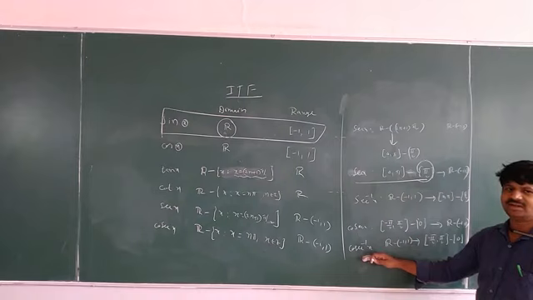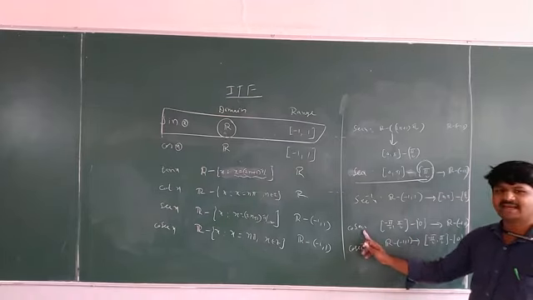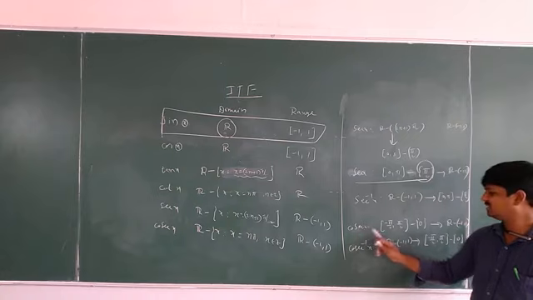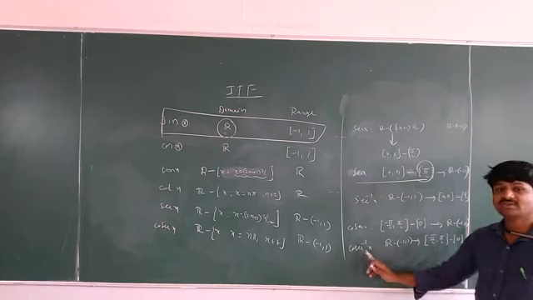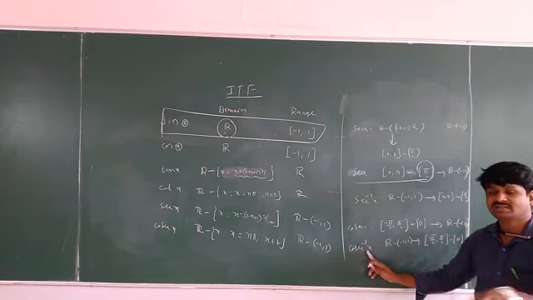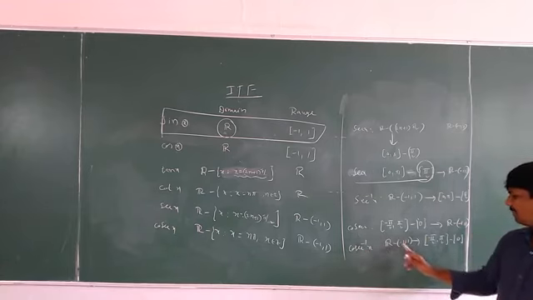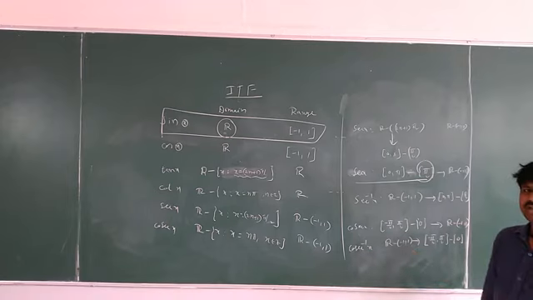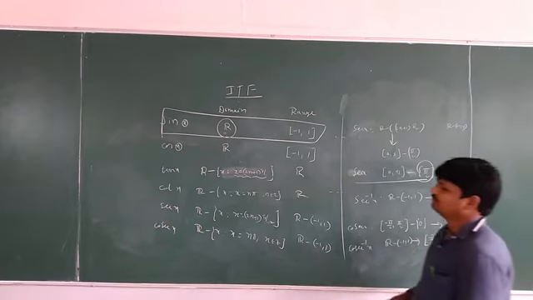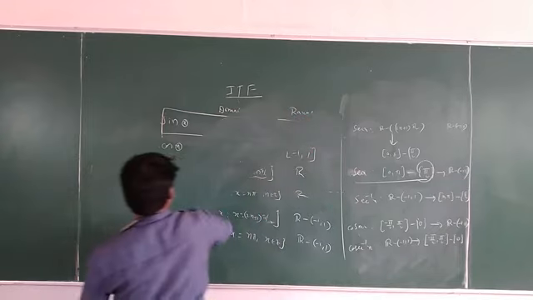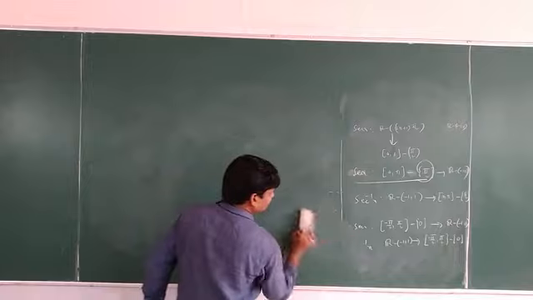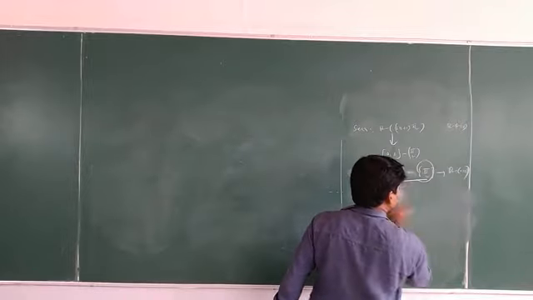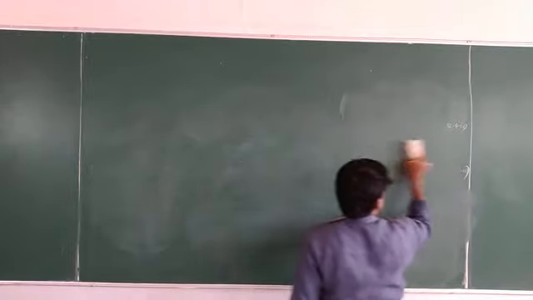Cosecant inverse x, we define it as the inverse of cosecant. So what is the domain of cosecant x here? Domain of cosecant x is closed [-pi/2, pi/2] minus {0}. What is the domain of the inverse, cosecant inverse x? It is R minus {-1, 1}. Okay, remember, these are the domain and range of trigonometric functions and inverse trigonometric functions.